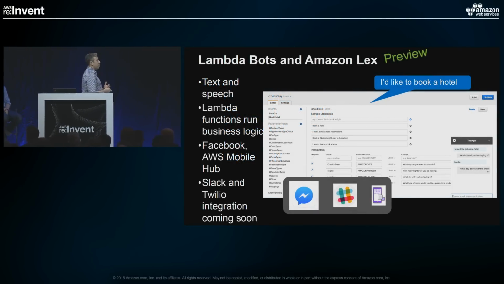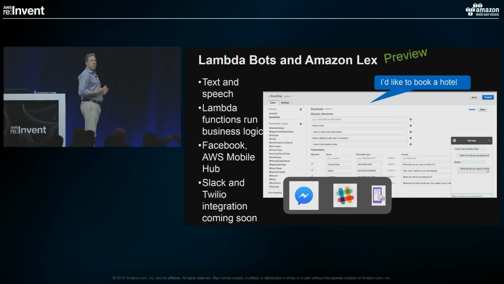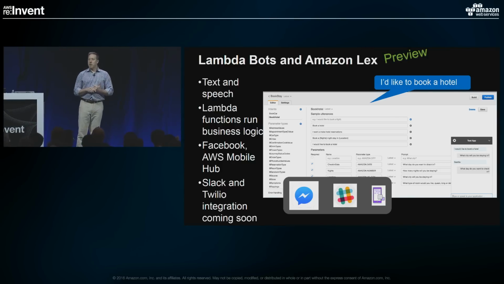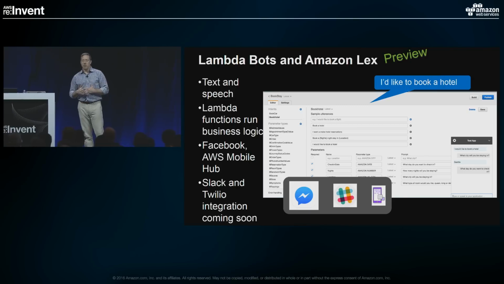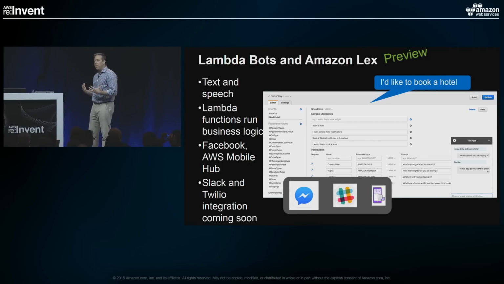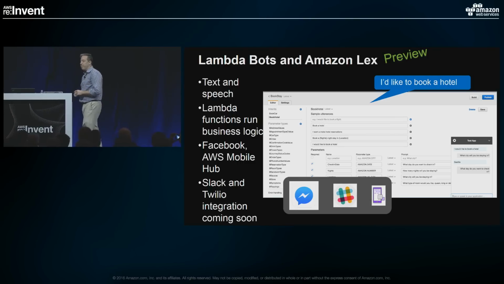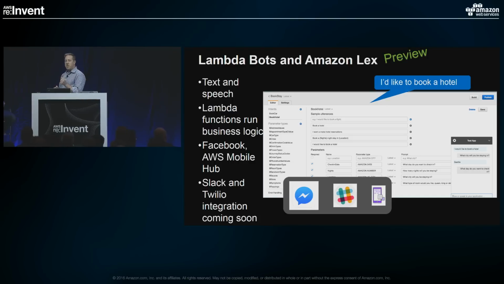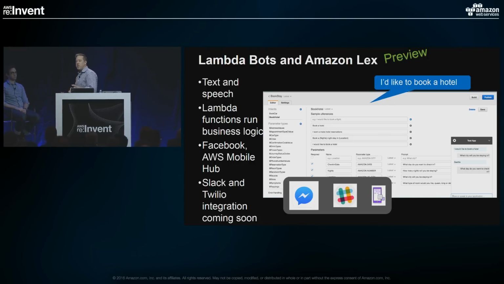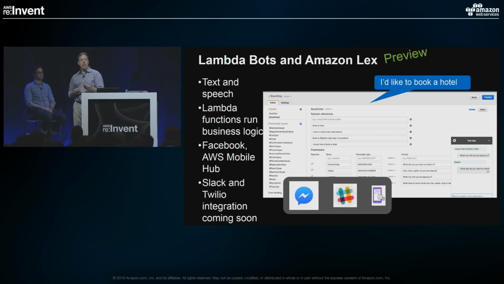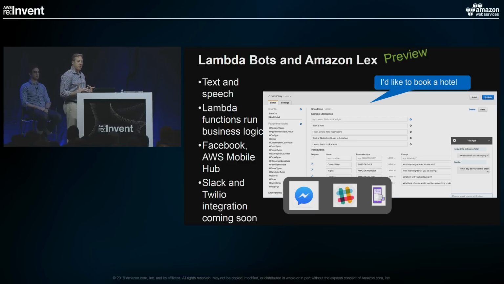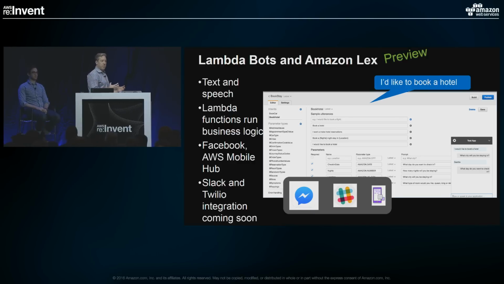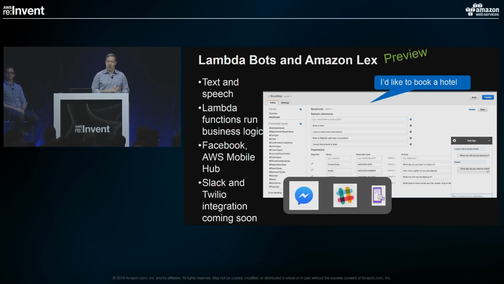So the first one I want to talk about is bots constructed with Lambda. You heard today about Amazon Lex, which is our new speech understanding platform. And if you've ever written an Alexa skill, this works very similarly. You can describe the kinds of sample speech utterances that you want, indicate which parts you need to be filled in and turned into parameters. And then just like an Alexa skill, Lex will be able to turn that into a model for you and match that up to spoken or written conversations.